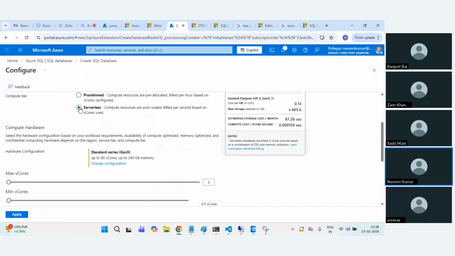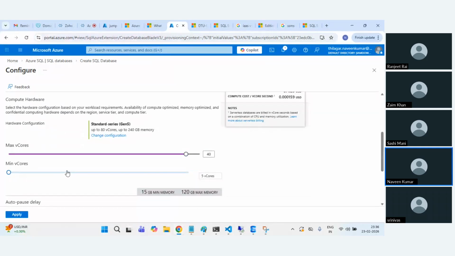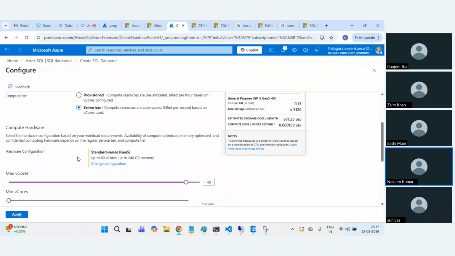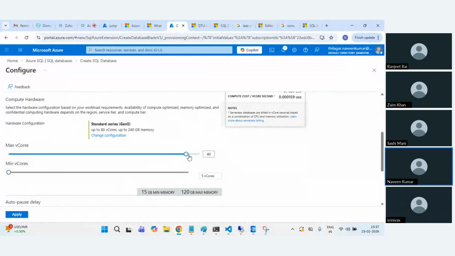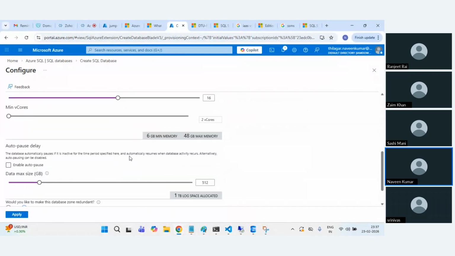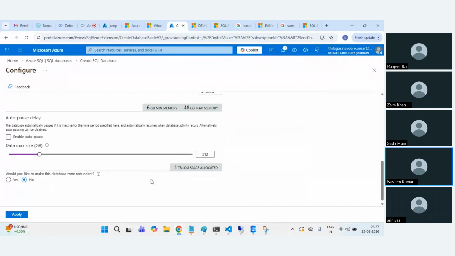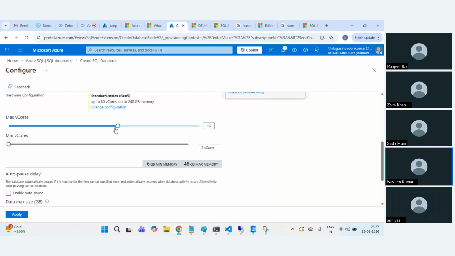Okay. If you go with serverless, here you get an option to choose what is going to be your max vCore and what is going to be your min vCore. Like if you remember the auto scaling thing which we discussed, there also you set your minimum number of instances and your maximum number of instances. Similarly, in serverless, you are defining vCore alone here. Nowhere are you defining the memory you allocate for the server. Okay, so this auto scale is for the vCore,